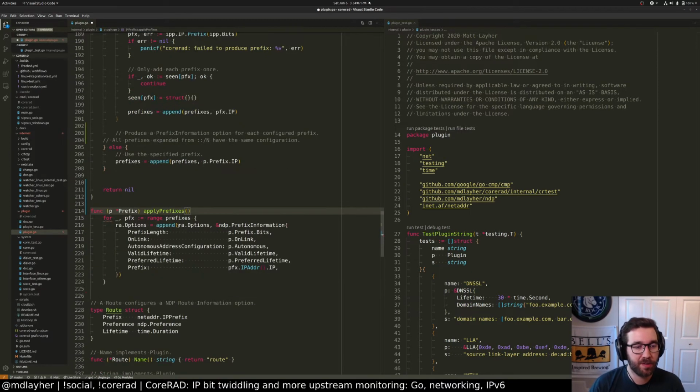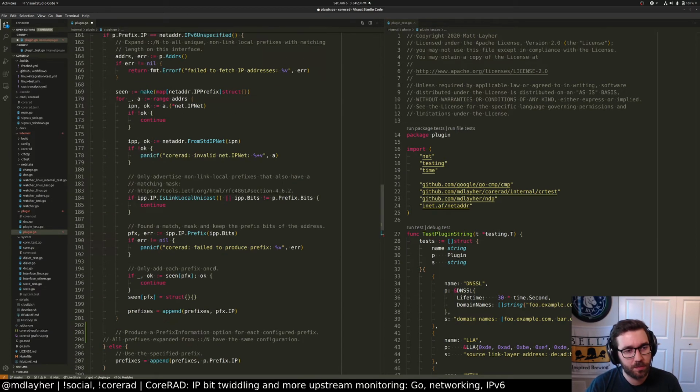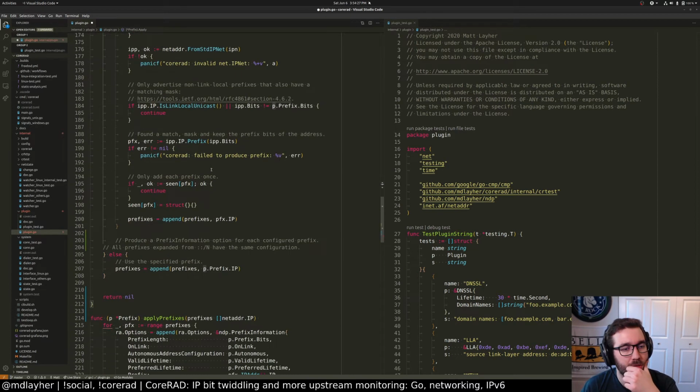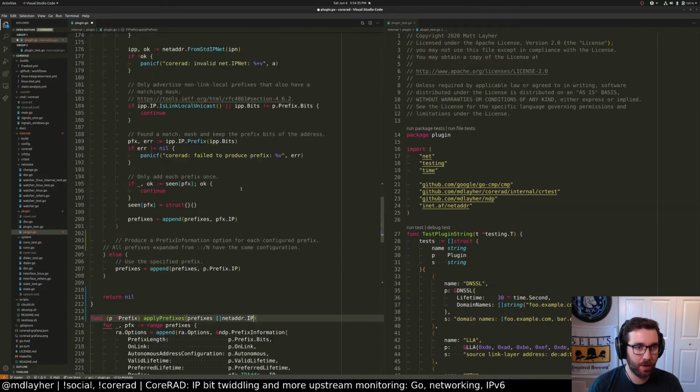So the input prefixes are netaddr IPs. Are they IPs or are they IP nets? I think they're IPs. What else do we have here? And we apply them to a router advertisement and return a router advertisement as well.